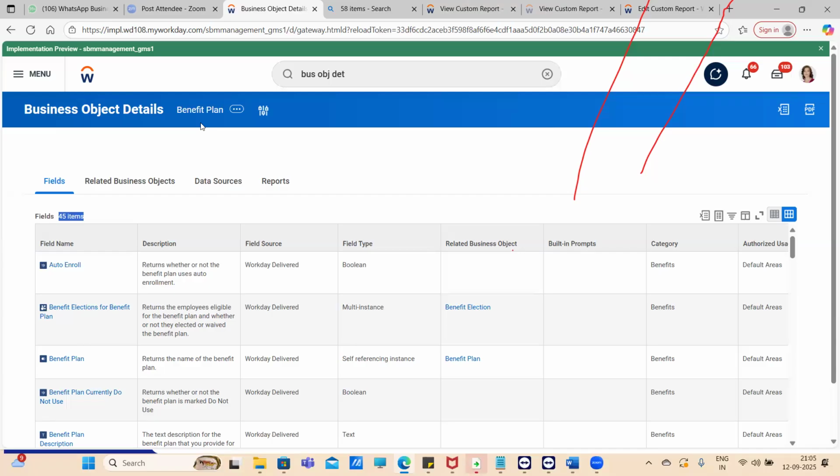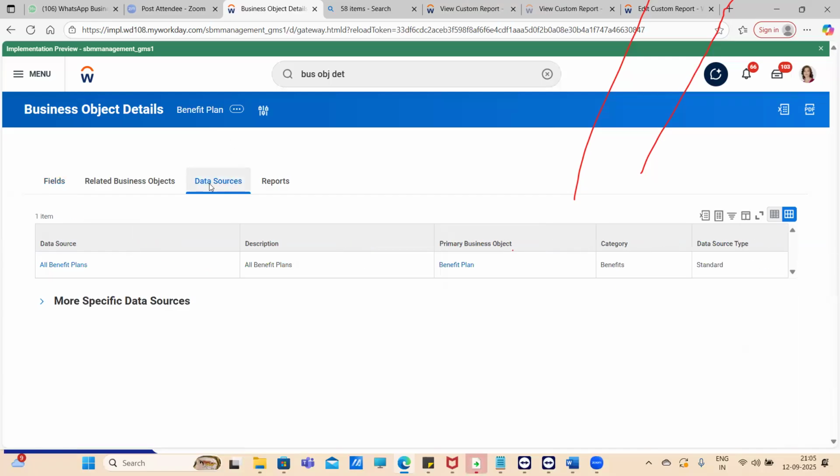If the maximum fields are covered under some particular business object, choose that business object as your primary business object. To get that as the primary business object, you have to select a data source. Only one data source is available, all benefit plans. If you choose all benefit plans here,